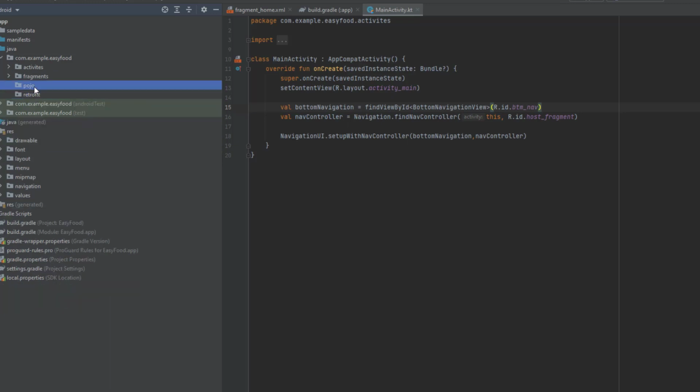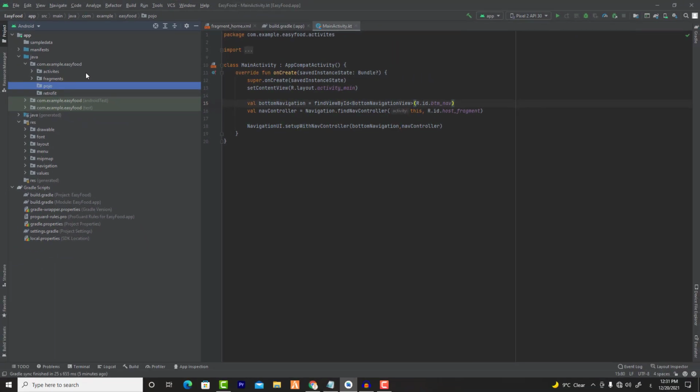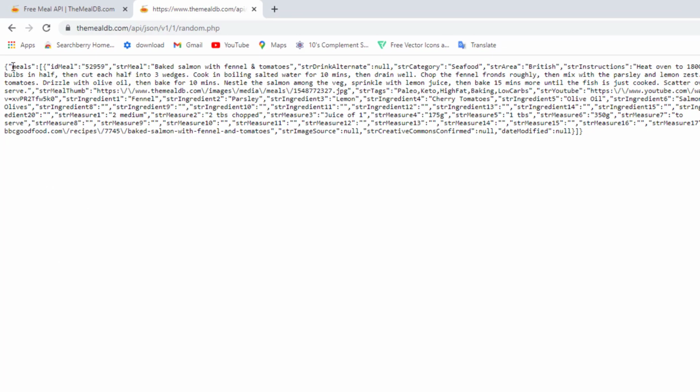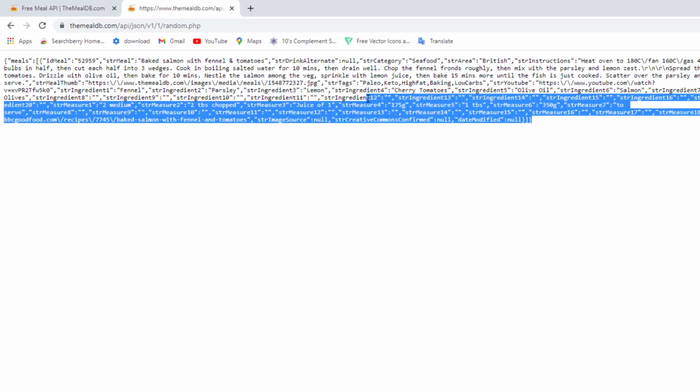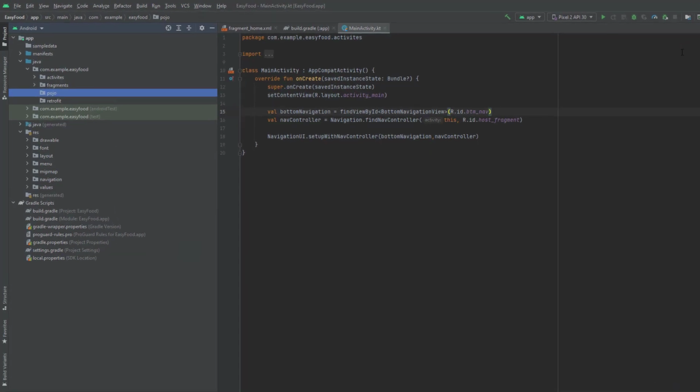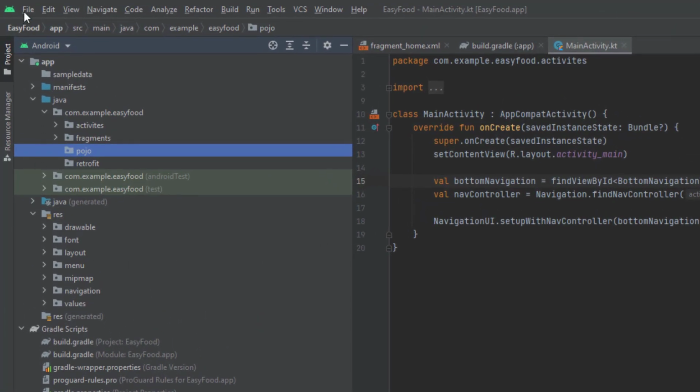Now we need to create the class of the meal. So if we go to our API, and as you can see, we said that in our class we're going to have a list of meals, and that list of meals is gonna have this ID meal and the str meal and also str drink, alternate, and also the category and so on. But luckily we don't need to create all of this manually. We can take this, copy like that, and go back to Android Studio, and now go to File, go to